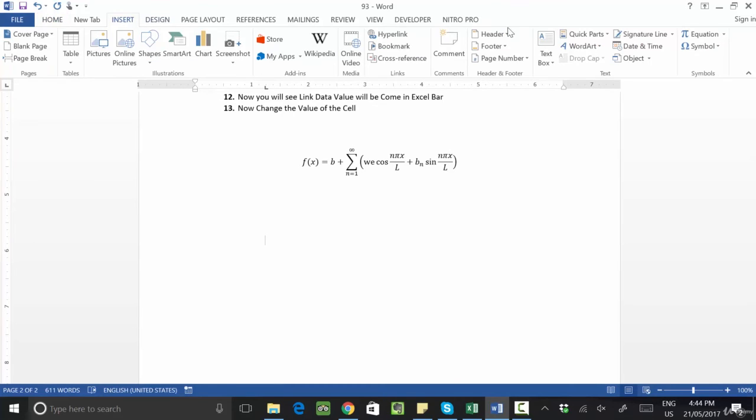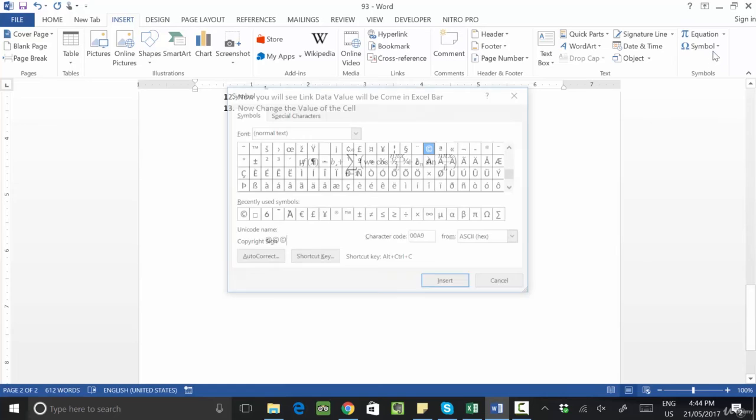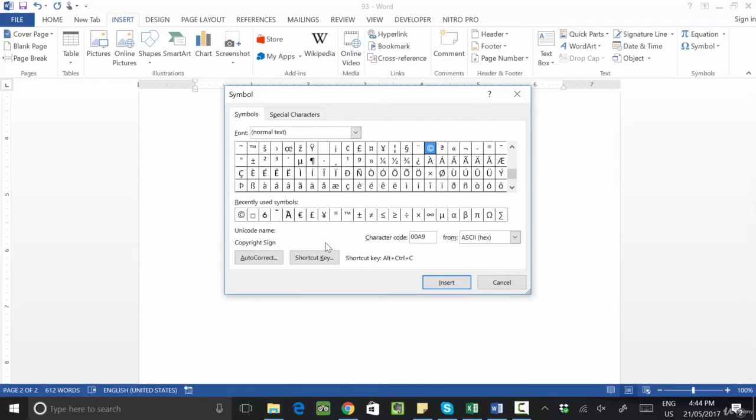And symbol: if you want to insert any kind of symbol, go to Insert, click on Symbol and choose a symbol. For example, I want a copyright sign here. Click the copyright sign and it will come into the sheet. Go to More Symbols if you want to select a different symbol. Suppose I want to set a shortcut key on the symbol, for example, so that when I press Ctrl A, the copyright sign will display.